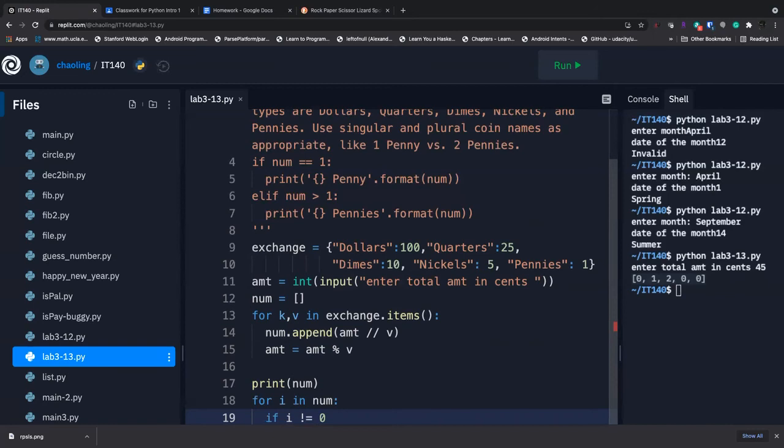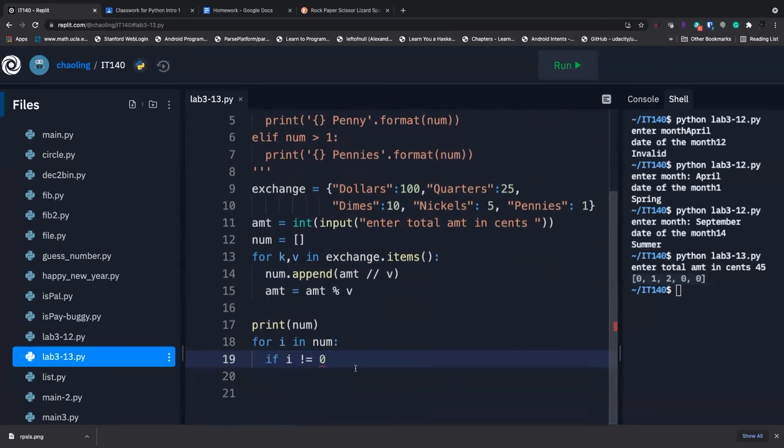Although I think you can do it more precisely with if i not equal to 0, because you only print when it's non-zero. Okay, it's a positive number. Or you can say greater than 0, right? It doesn't make sense to have negative pennies or negative anything, coins. So if it's positive, then